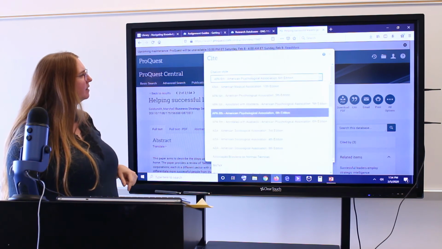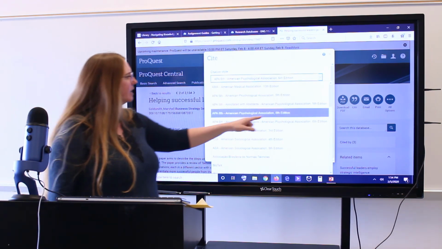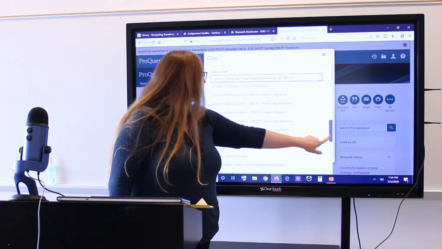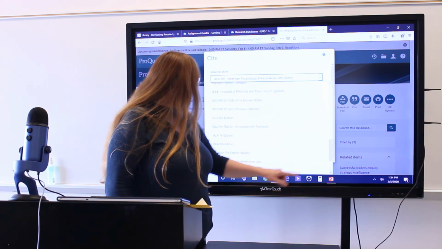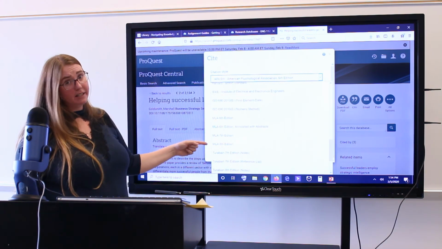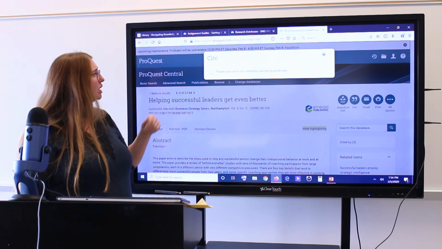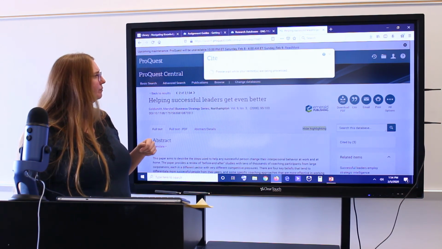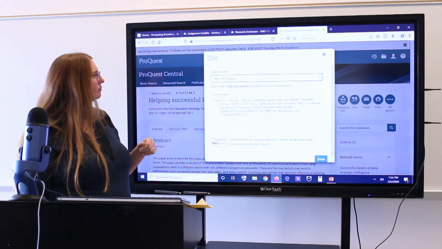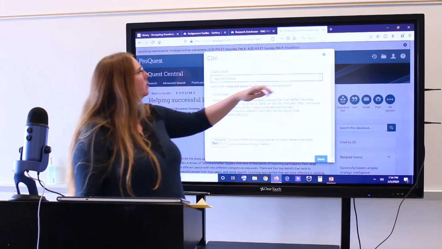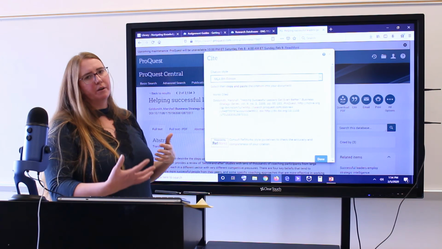You will have to click down this arrow button here and find MLA on the particular list here. And you will see MLA 8th edition, which is the latest edition in MLA. If you click that, it will change that for you. And there you go. So once we have done all of our research,